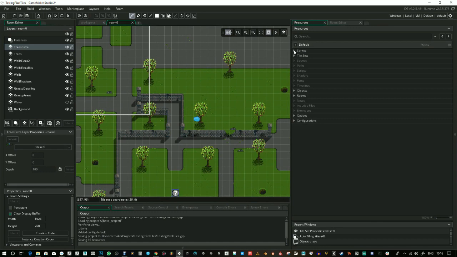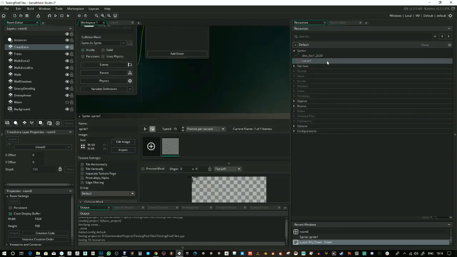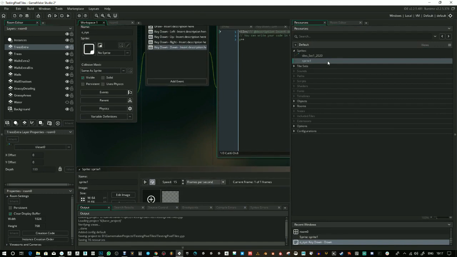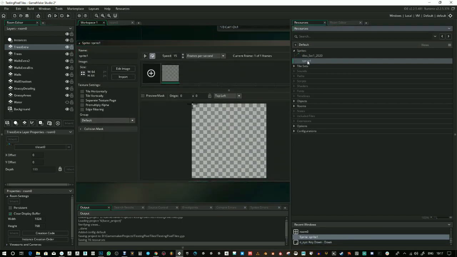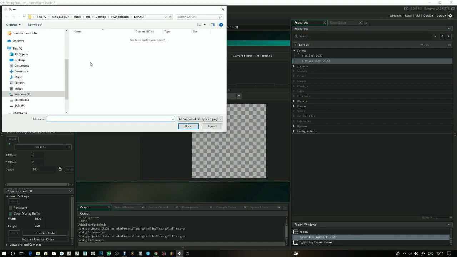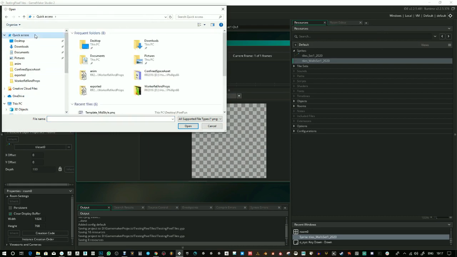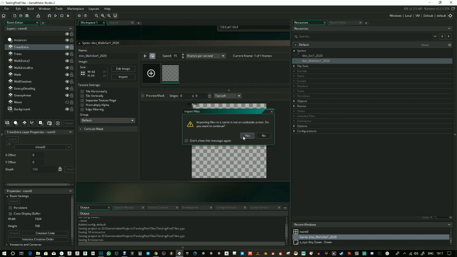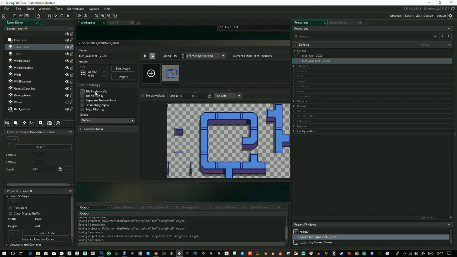So you go to your resources, and then you're going to bring in your sprite. So you create a sprite, and I'm just going to call it tiles. And I'm going to import the image. I think that's all you do there. Now you get into tile sets,